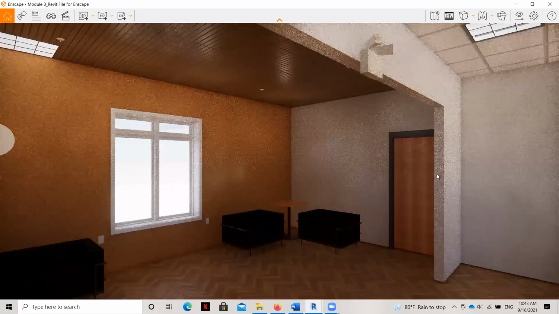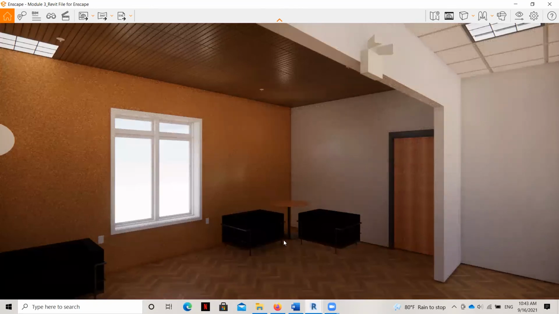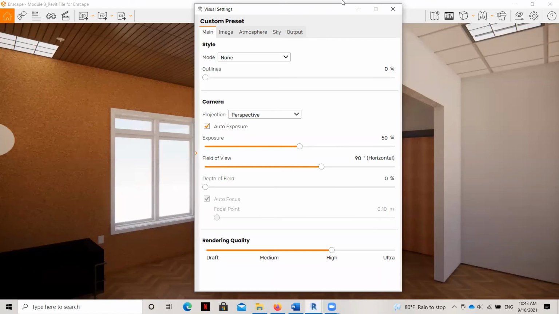Now, one thing that I learned while I was rendering here is sometimes you might render something, and if you have the wrong button checked, it will look like it's got this graphic appearance. So what I want to introduce you to just real quick here is the visual settings. Over here.